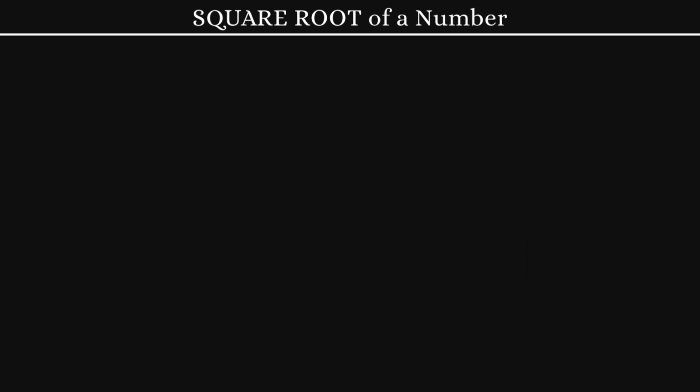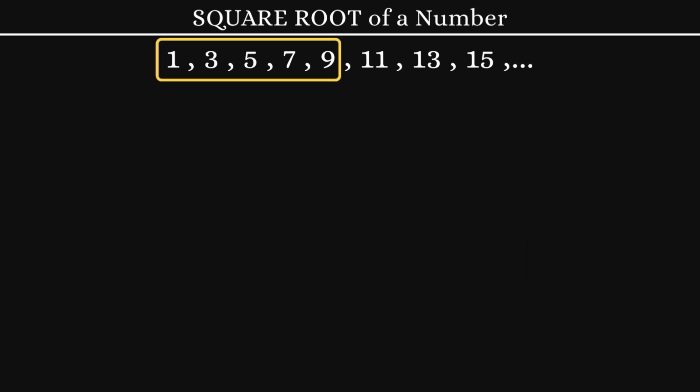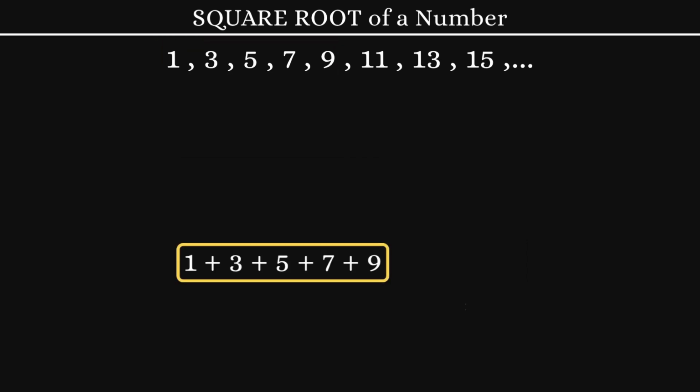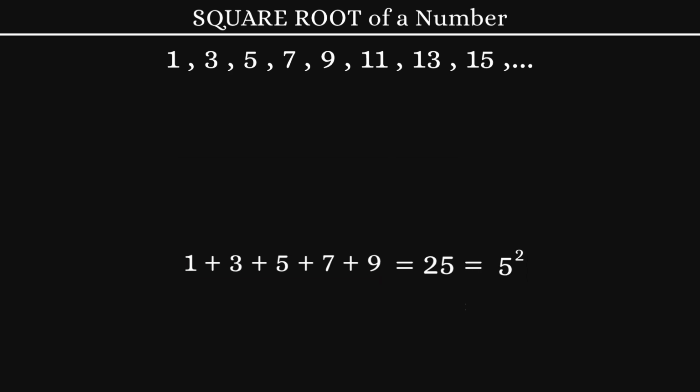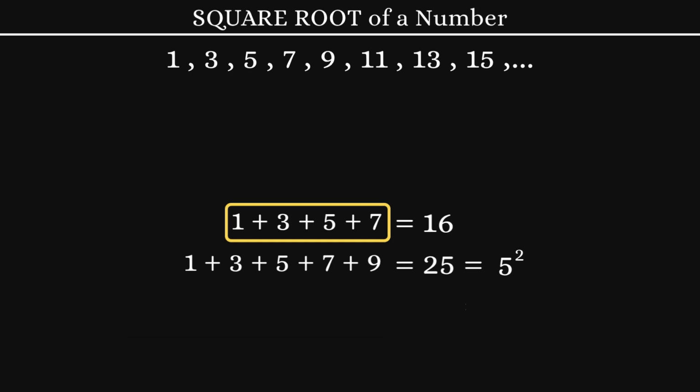Now, let's understand a beautiful pattern. These are all odd numbers. 1, 3, 5, 7, 9 are the first 5 odd numbers. When you add them, you get 25, which is 5 squared. In the same way, if you add the first 4 odd numbers, 1, 3, 5 and 7, you get 16,